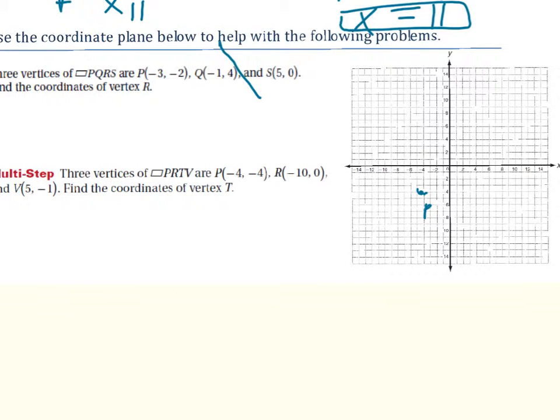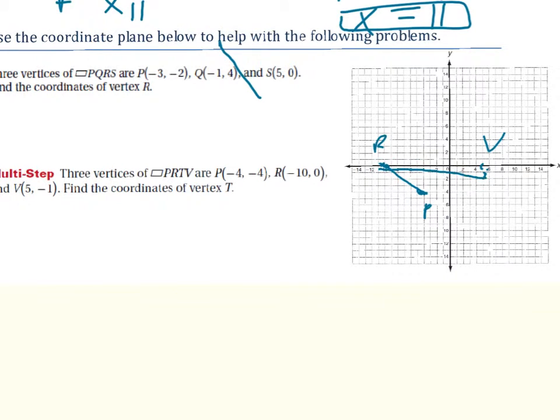There's P. -10, 0. That's R. And 5, -1. And that's going to be V. And they want us to find